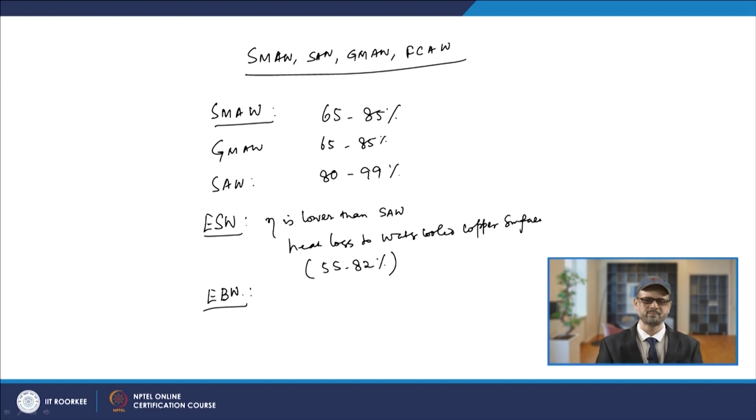So, the keyholing features basically the hole which is formed of very small diameter. Now, they actually work as black surfaces. So, they are black bodies, and the radiation is trapped into it, and a very high part of the heat energy is basically trapped into these parts. So, because of keyholing,